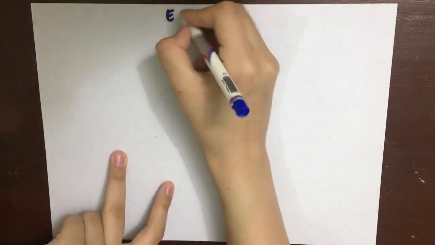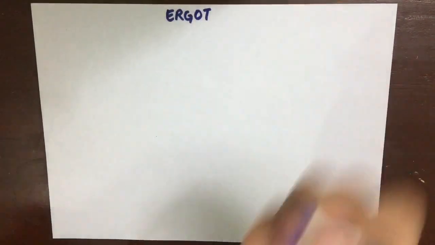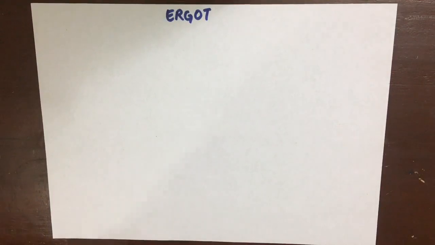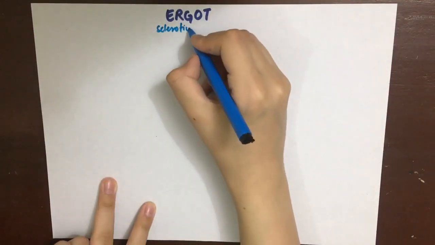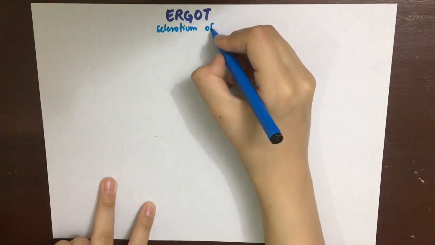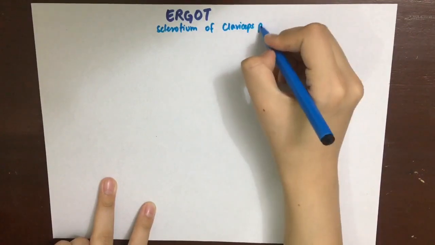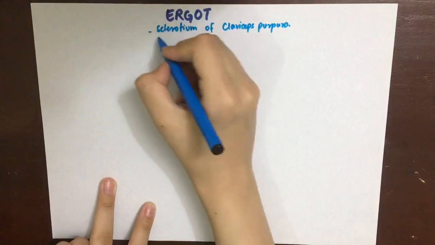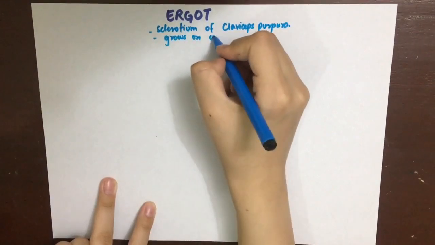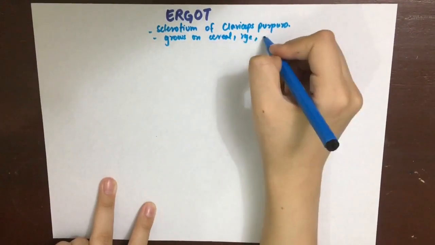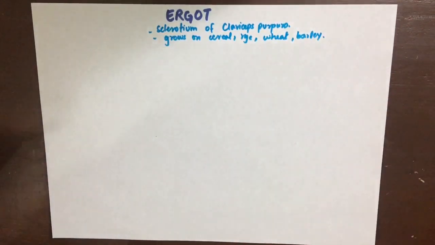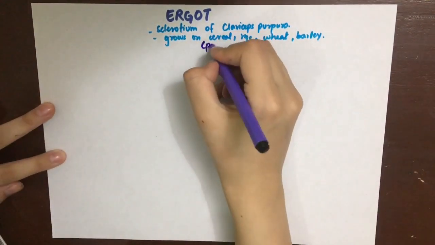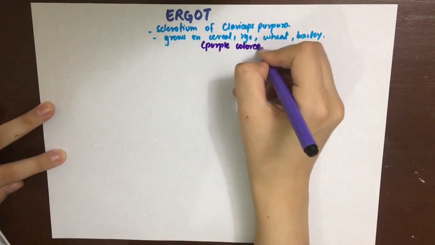We know that when fungus grows, it extends its hyphae or mycelia in every direction to find food and water. So when these mycelium become compact, they are known as sclerotium. The sclerotium of a particular parasitic fungus known as Claviceps purpurea is known as ergot. It grows on cereals, rye, wheat, barley, etc., and forms a characteristic purple colored mass on the grain, which, when